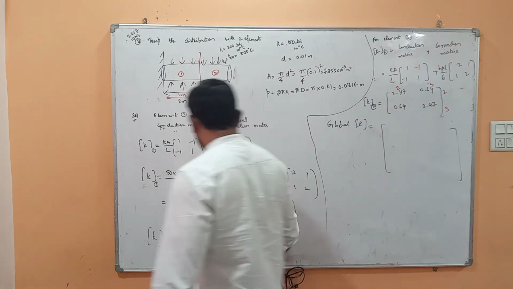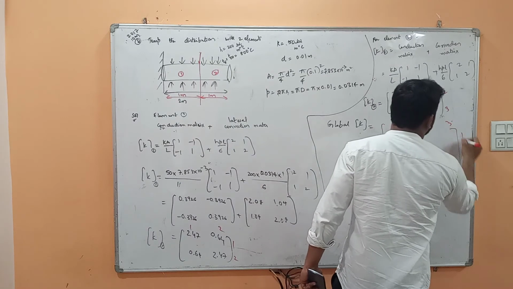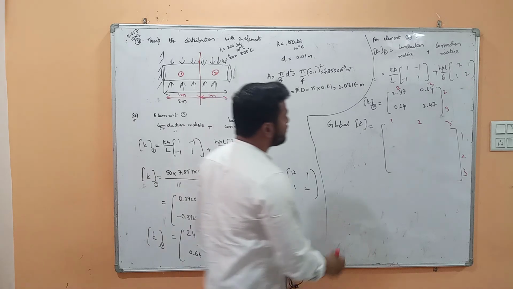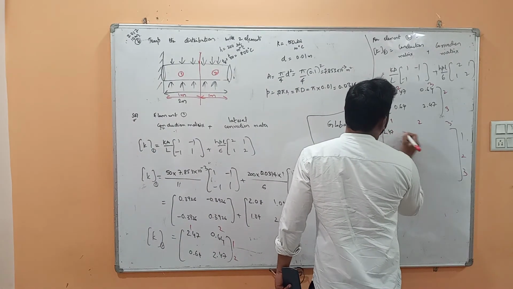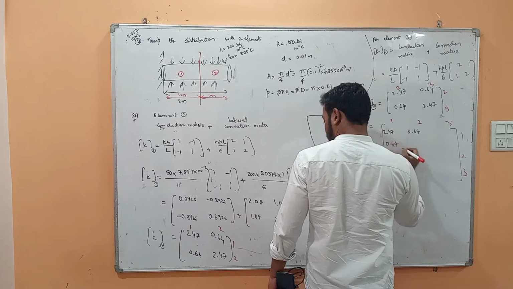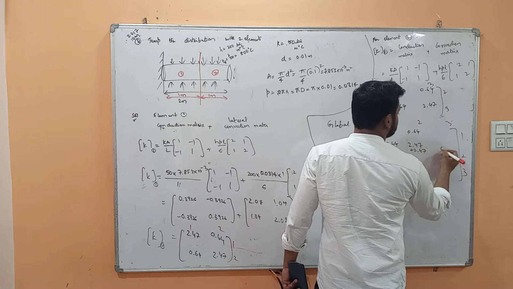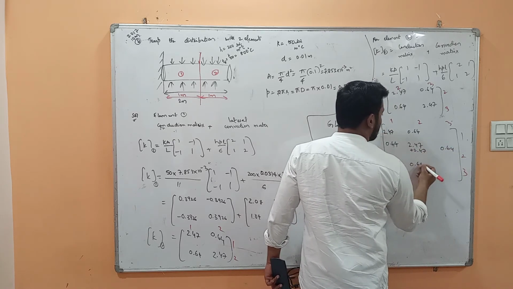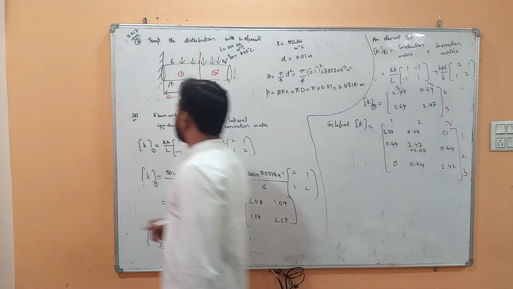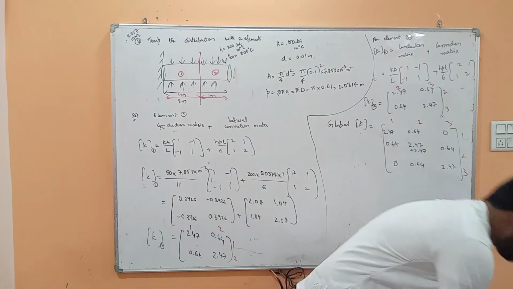So assemble these values inside global K. So it's going to have 3 columns, 1, 2, 3 and 3 rows. 2.47, 0.64, so this is global K. Next we have to find out force matrix. So the force matrix